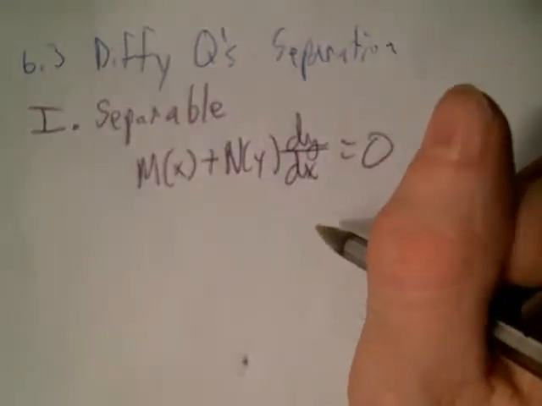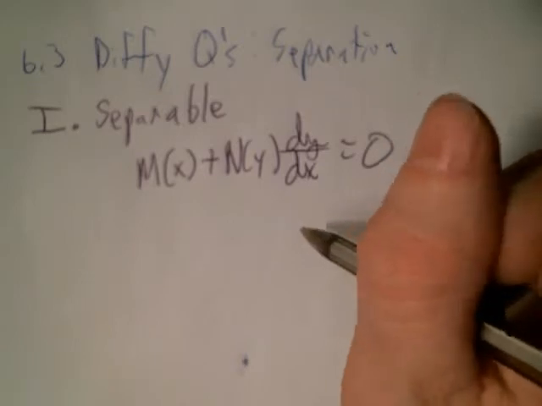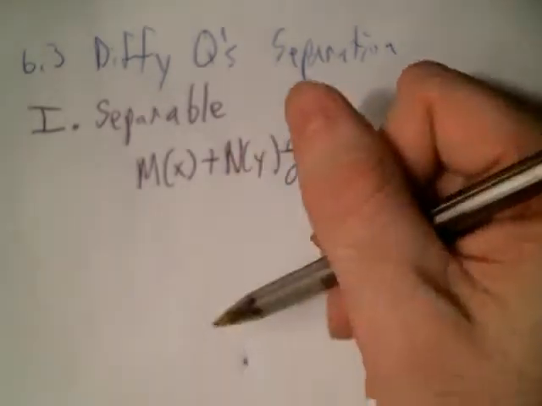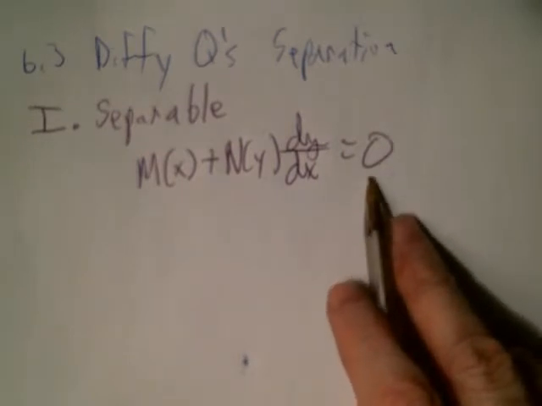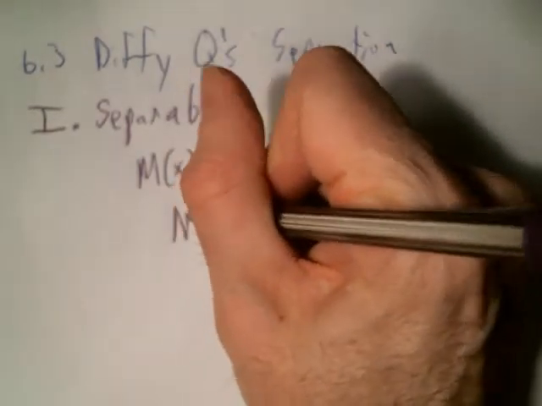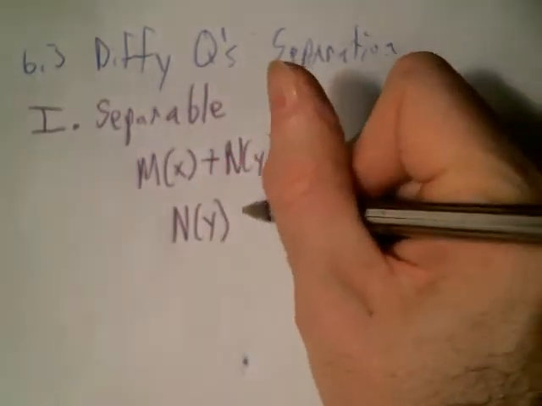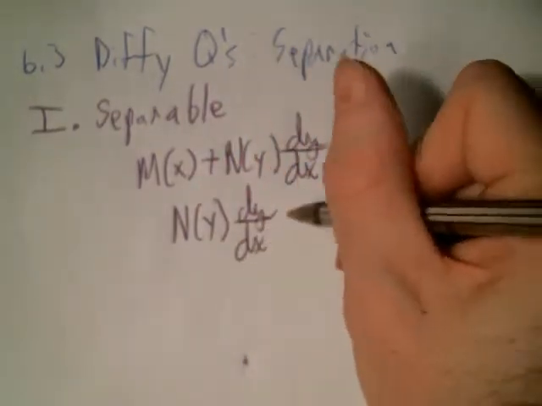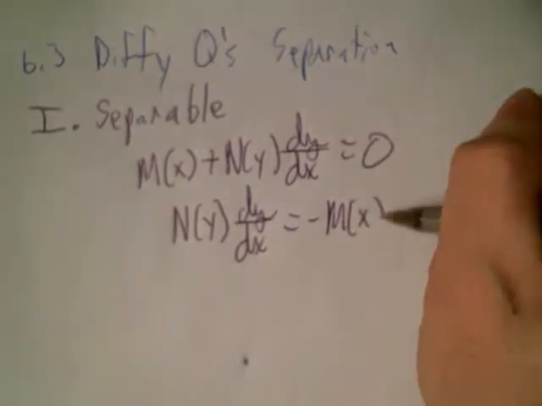Before you separate, usually you want to look for trivial solutions as well. So I'll tell you a little bit about that. And that's just if you have a y function on this side and you can find it equal to 0, it'll be a solution. Okay, so anyways, separating, you want to get n of y dy over dx equal to negative m of x, and then,